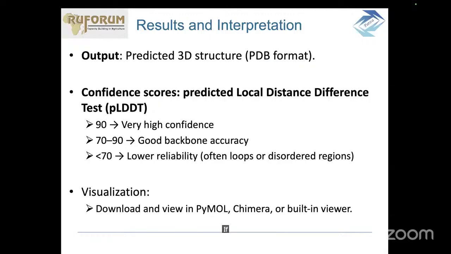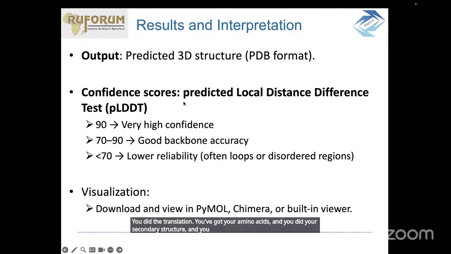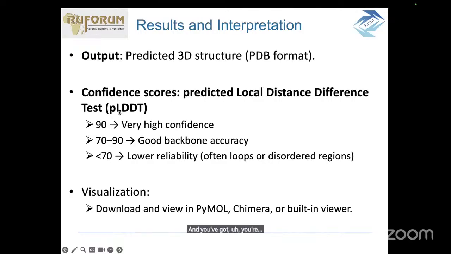If you did your sequencing from those plants that survived the drought, you did the translation, you got your amino acids, and you did your secondary structure, and you submitted to DeepMind, and you got your score of 90 and above, then that basically will be good,